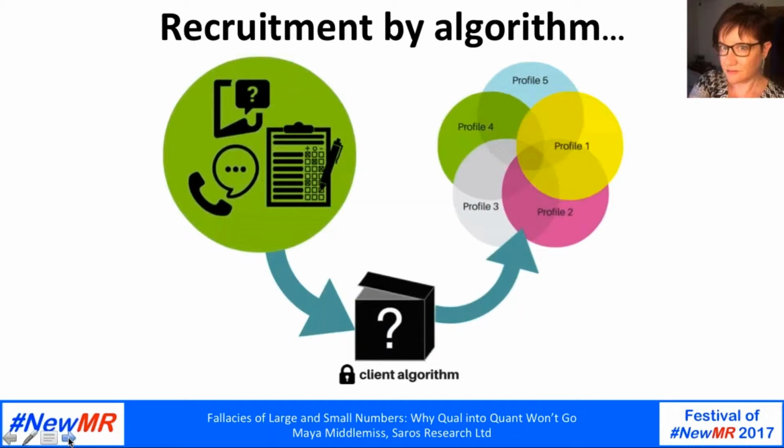Generally, this comes in some weird ancient version of Excel which nobody can open and has macros which trip warnings all over the system. It's impossible to reverse engineer it in any way, and there's no way of checking claimed incidence rates against the reality. We just get told to recruit those who screen in as Profile 1, for example.